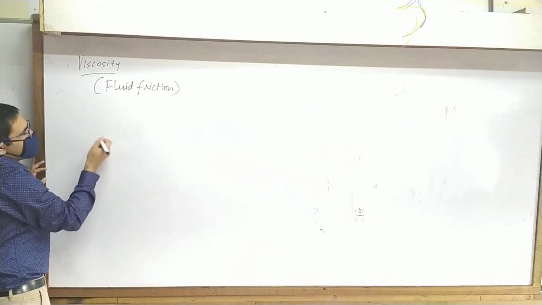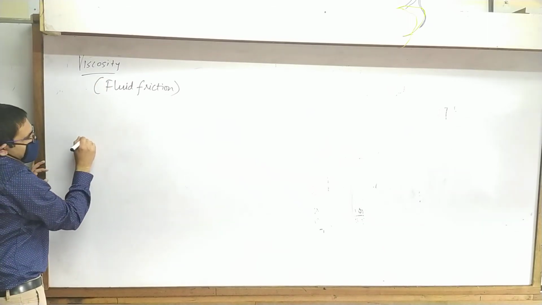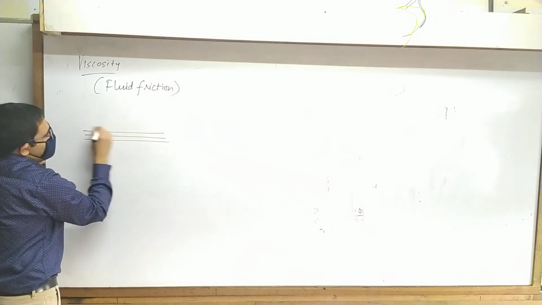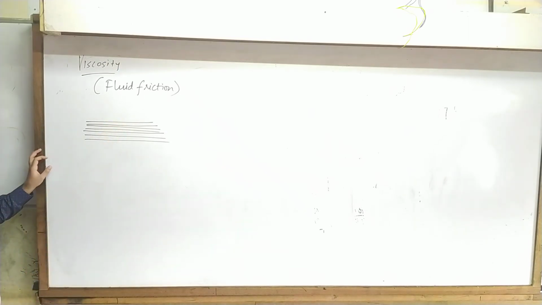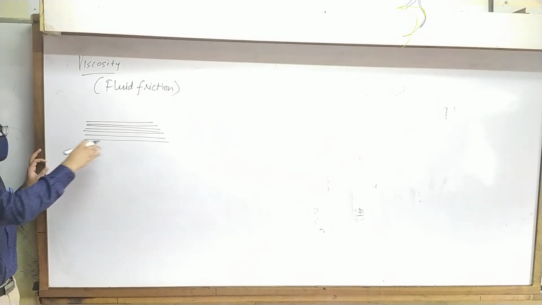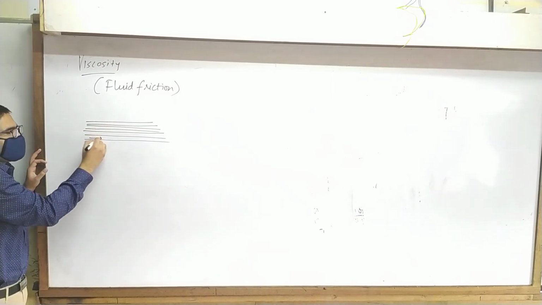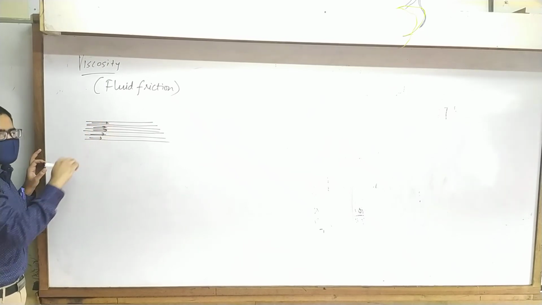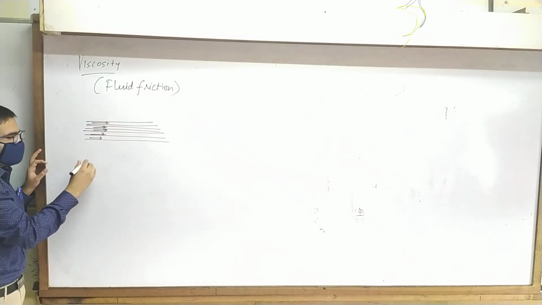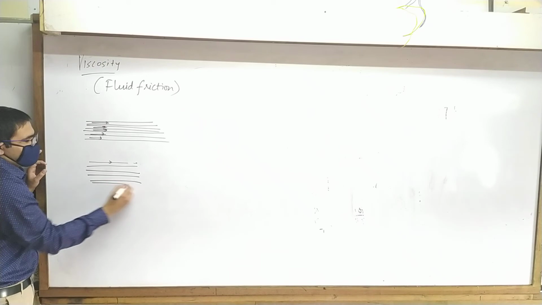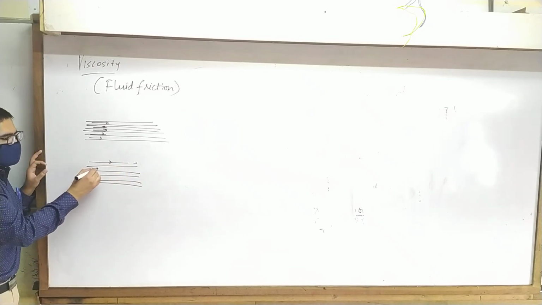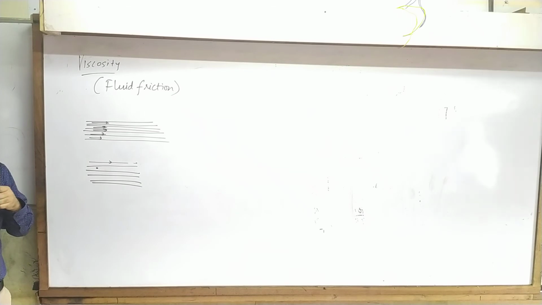So first of all, viscosity acts when there are multiple layers of fluid flowing at different speeds. I repeat, viscosity comes into the picture when there are different layers of fluid which are all flowing at different speeds, not at the same speed. Suppose everything was flowing at the same speed. Let's say first layer 5 meter per second, second layer 5 meter per second, third, fourth, fifth, everything 5 meter per second. Then they don't need to pull on each other. I hope that makes sense. But it's more like this.